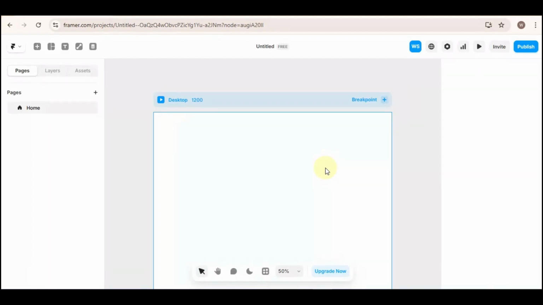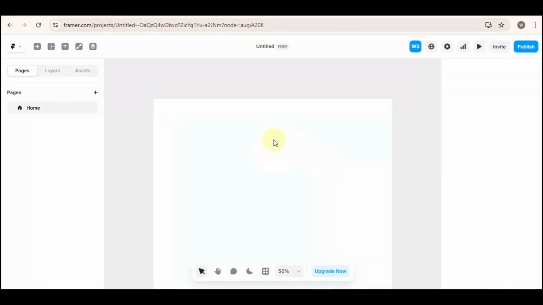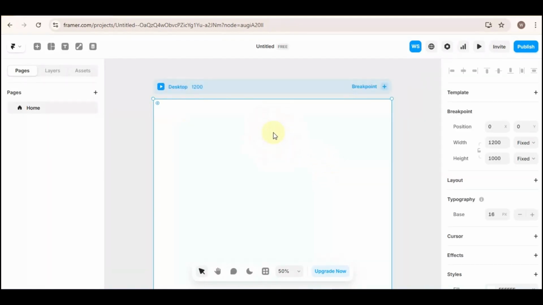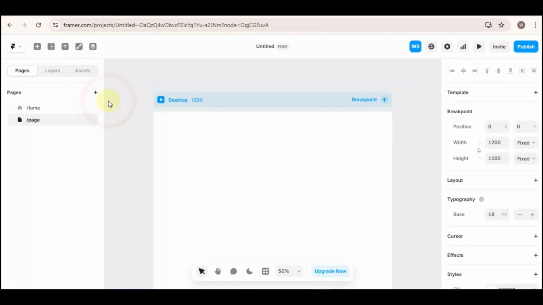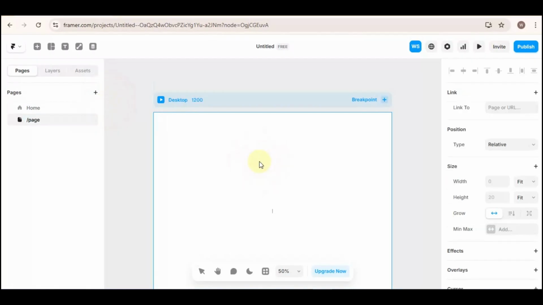After selecting your project, click on the first page that is on your screen, and this will show a left panel right here which says Add Pages. Click on that, click on New Page. Then, after that, in this new page, type anything that you want,